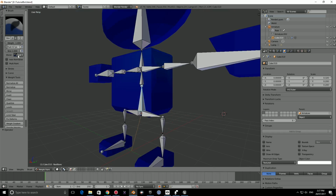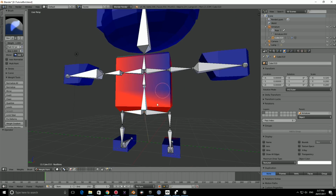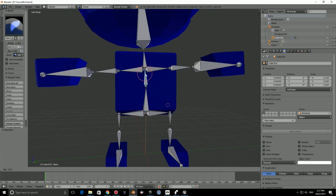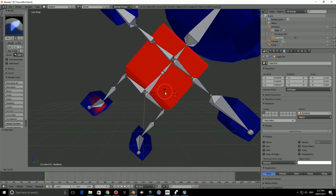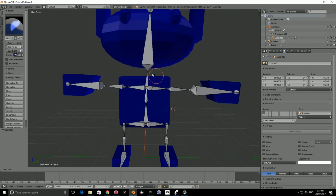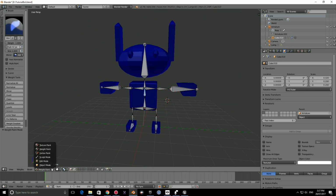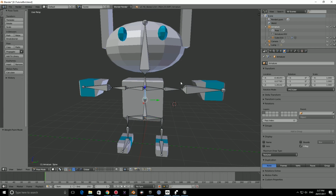Let's select the root bone. I think we should actually add. And let's see what happens. There we go. So now all these verts are being supported by the root bone. So when I select this bone here and it's supporting all of these other joints, it's not affecting the body anymore. So that's it. So I'm going to save that, go to object mode, go to the armature, into pose mode,